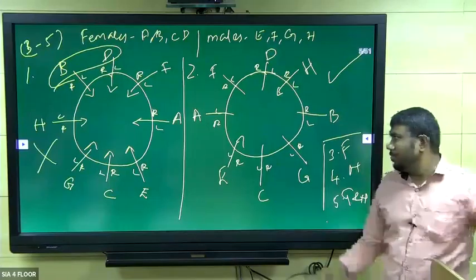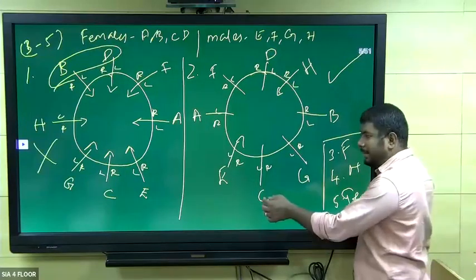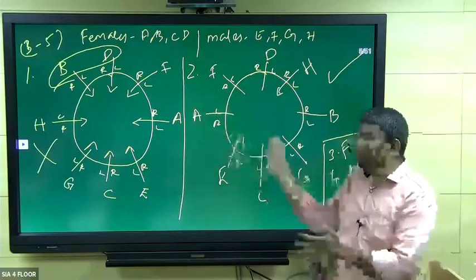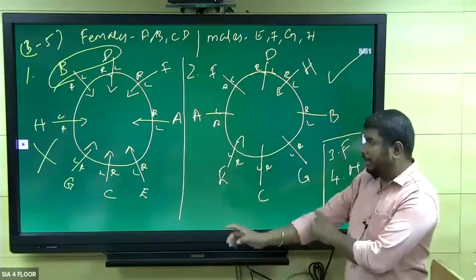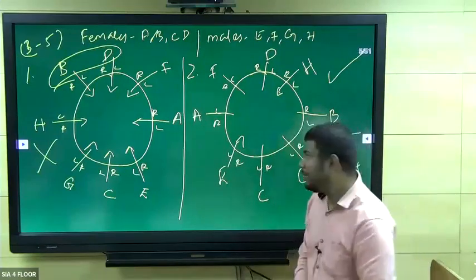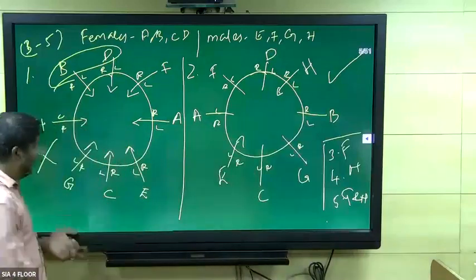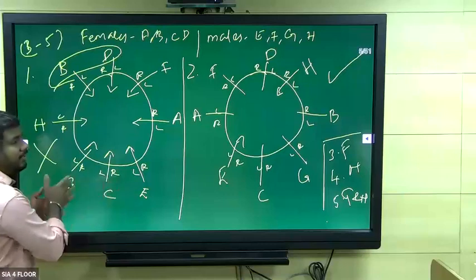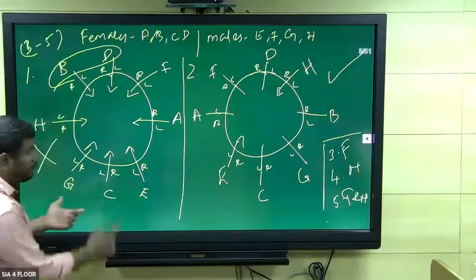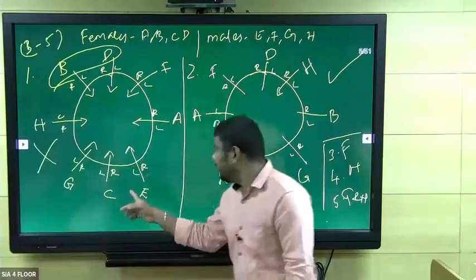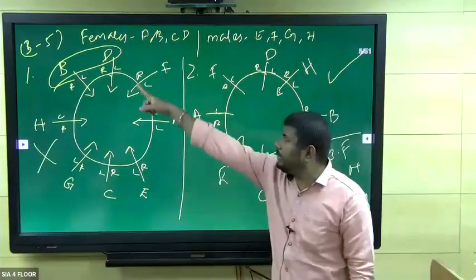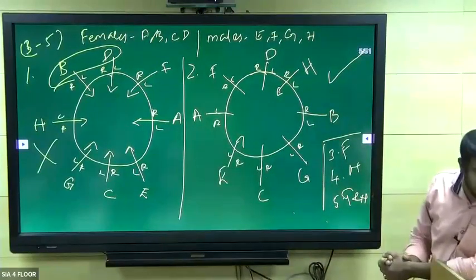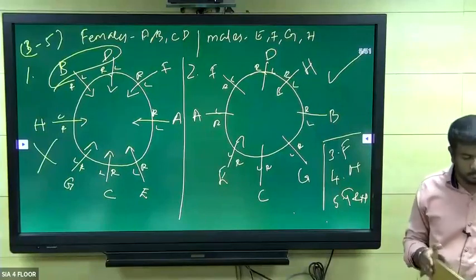No, no, no. This is the correct one. This is the wrong one. That's why I told you, we need to create the arrangement based on the given statement. So we should check the possibilities. This is wrong because C is sitting between G and E. They did not say which side E is, left or right of C. So we should take the two possibilities and check them. According to this one, it is wrong, so I took this one as correct. Clear?